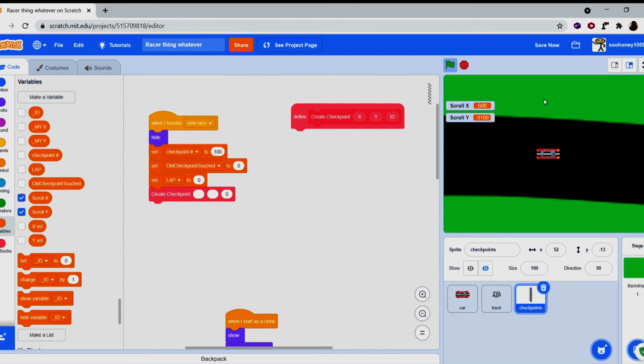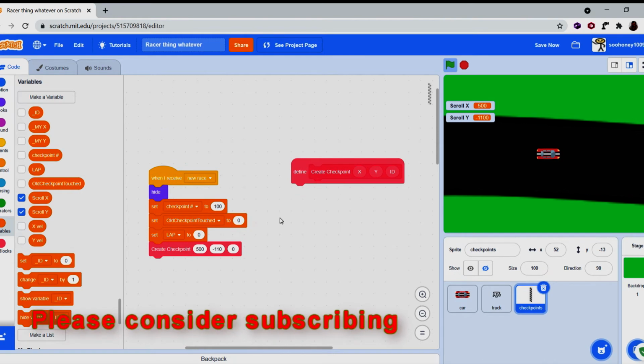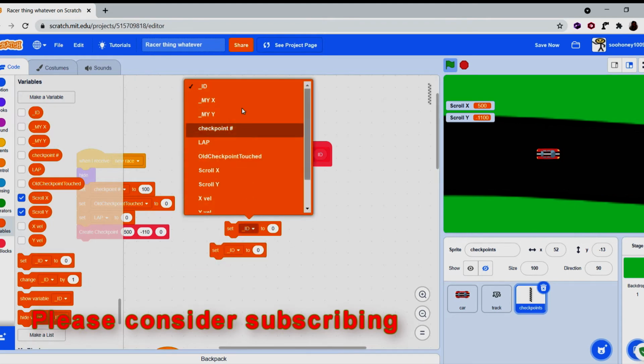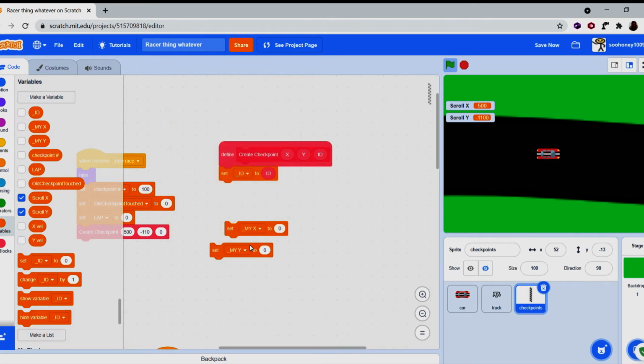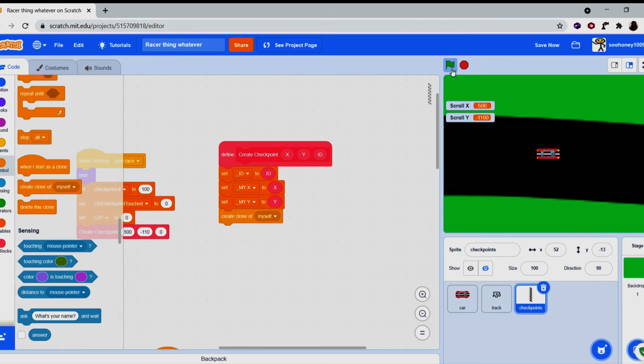And then with your car, go a bit front, and then this is approximately where you want to put yours. So 500 and -110. So now if we go, we never filled this out actually. I'm so dumb. Set ID to ID. Set my X, my Y to X and Y, obviously, and create a clone of myself. Like that. So now if we go,